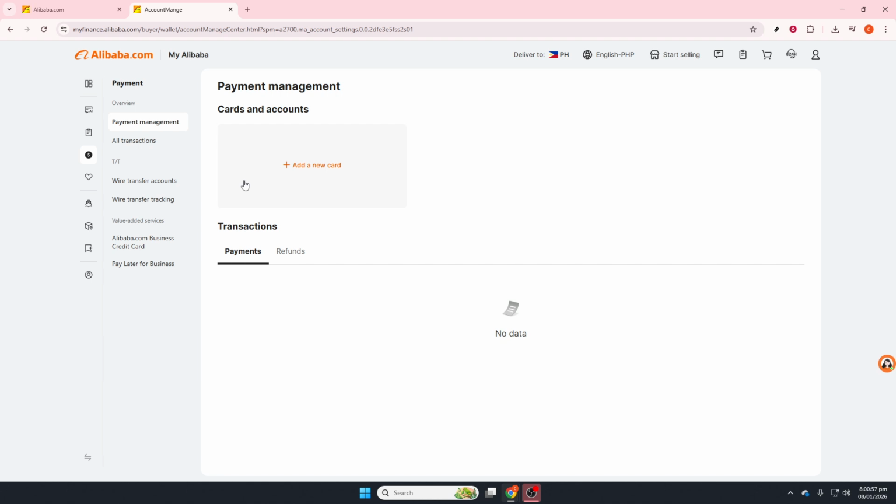If you ever need to remove a card you no longer use, you can manage or remove saved payment methods from the same Payment Methods page. As a final tip, avoid saving cards on shared or public computers, and remember to sign out when you're done for added